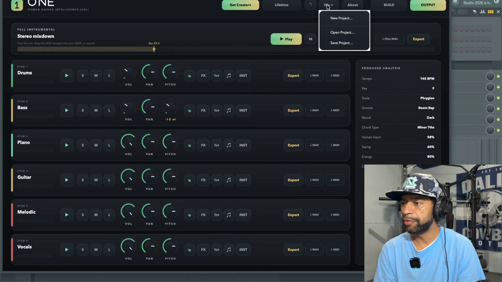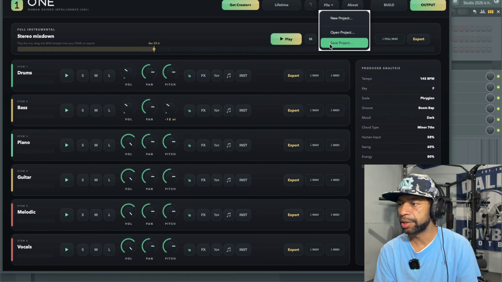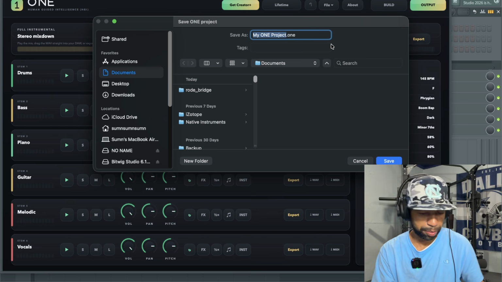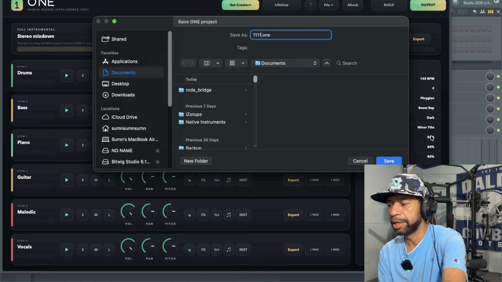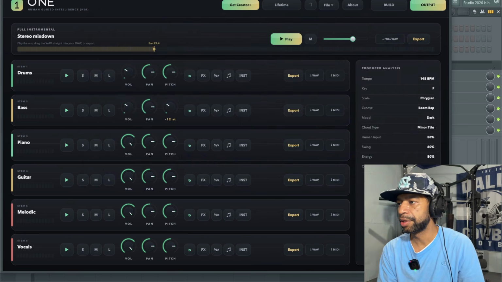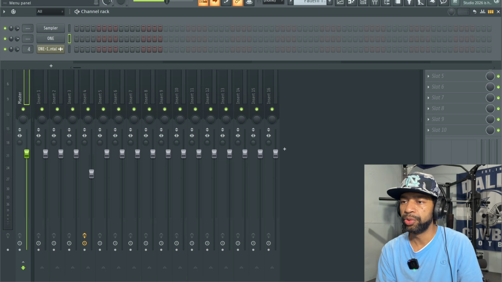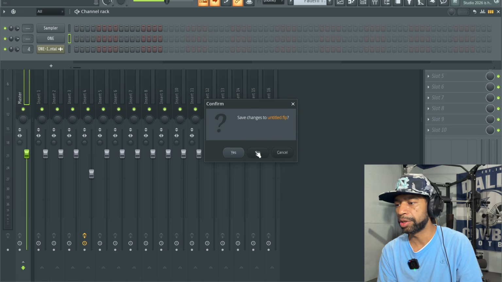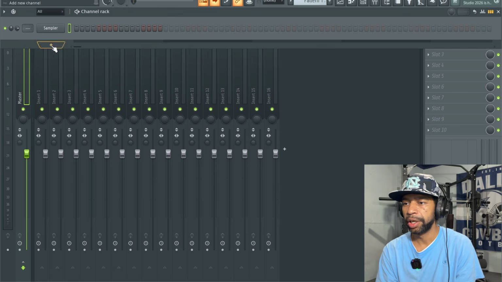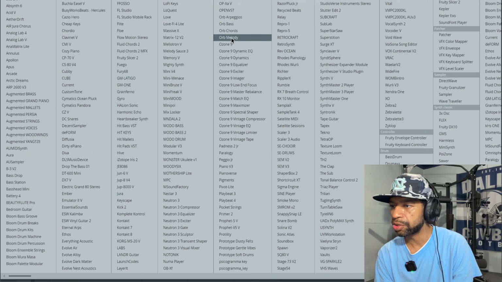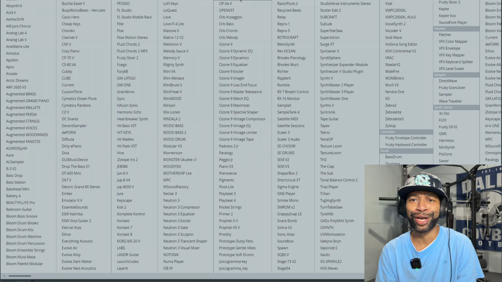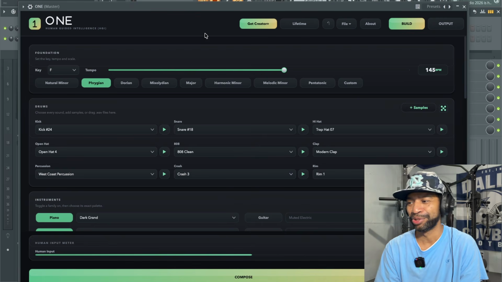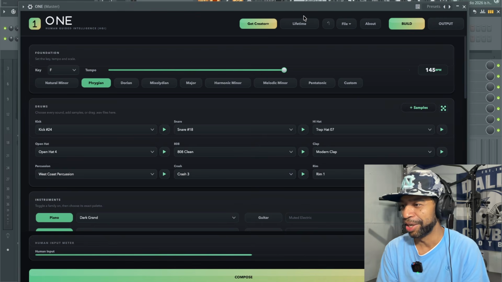All right, so let's see if we save this project. Is it going to be able to open up whenever I reopen this back up? So let's go ahead and save this. Let's go to a new project real quick. I wanted to find this out. I thought this was important. Thought you guys might want to know this, if you can get back into your projects or not. In my projects, I'm sorry. I know I ain't got no common sense. Y'all ain't got to tell me.